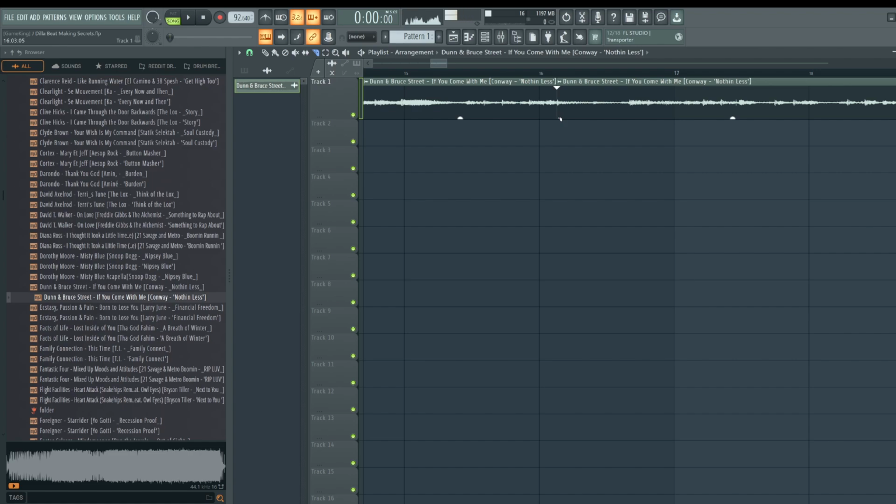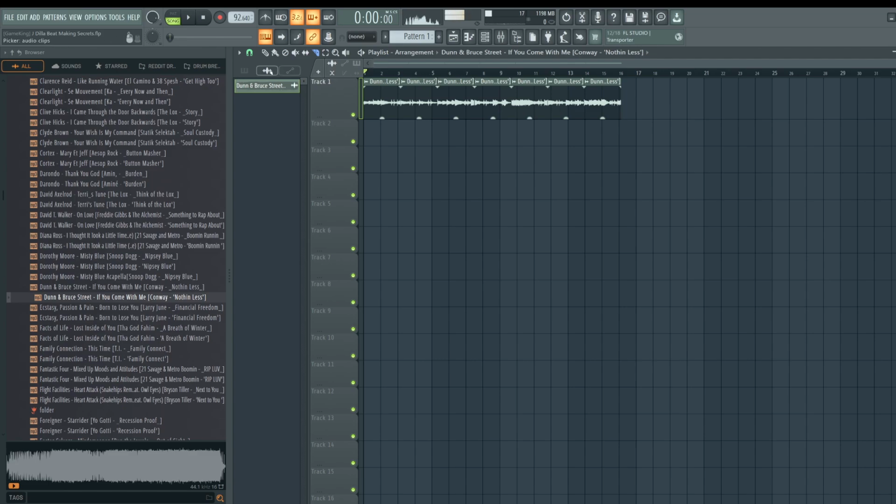Okay, so slicing that, most people would make the mistake of slicing wherever the impact would happen, but that's not where the downbeat is. We're only going to use probably 4 of these chops.